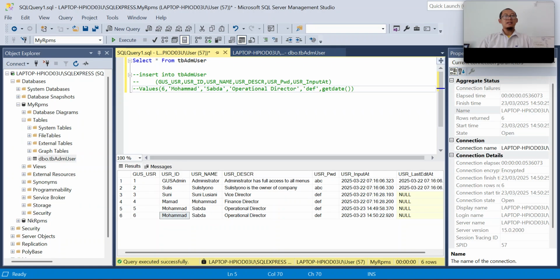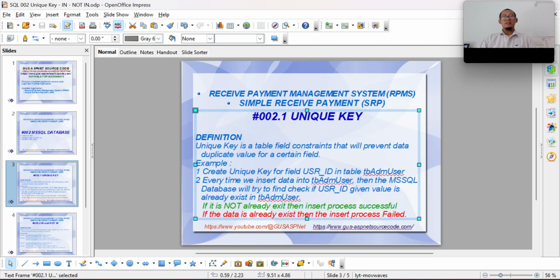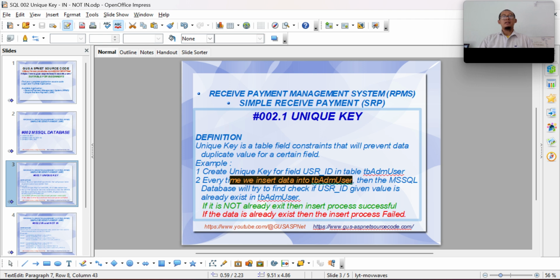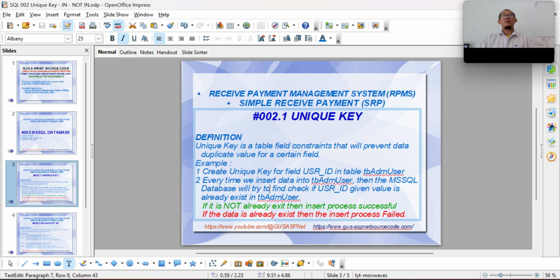And in this case, I want to create a unique key for field USR ID. With a unique key, every time we insert data into the table, the MS SQL database will check if the given USR ID value already exists.